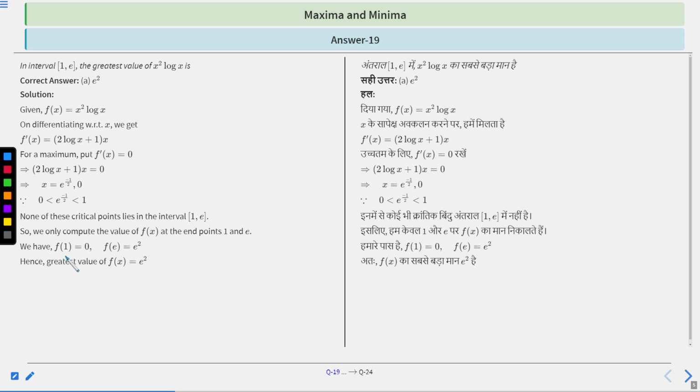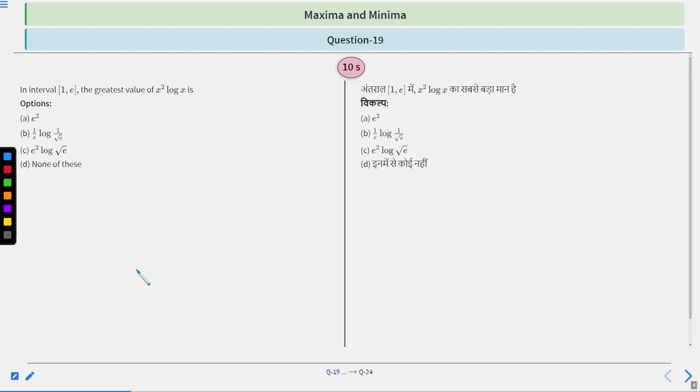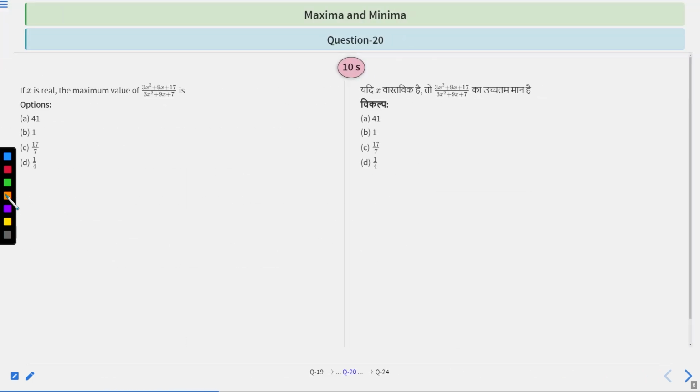Clear? Therefore, we have f(1) is equal to 0 and f(e) is equal to e square. Hence the greatest value of f(x) is equal to e square, right? Got it? So the right answer will be e square. Option A is the right choice. Clear? Okay. So let's move to the next question, question number